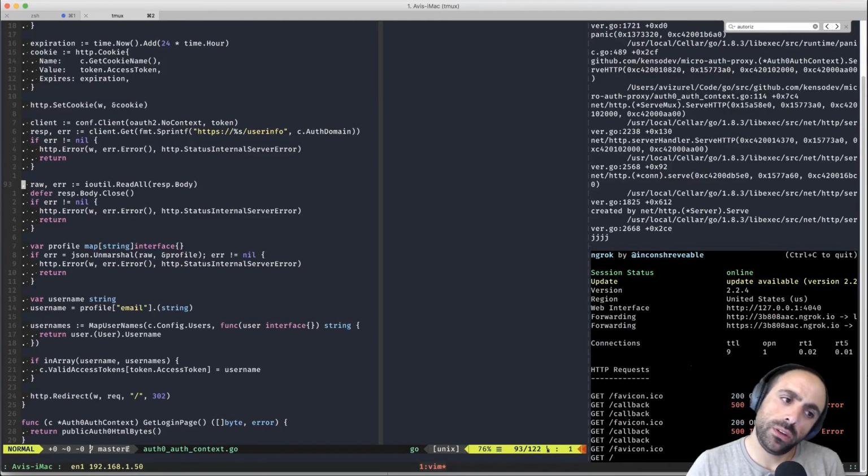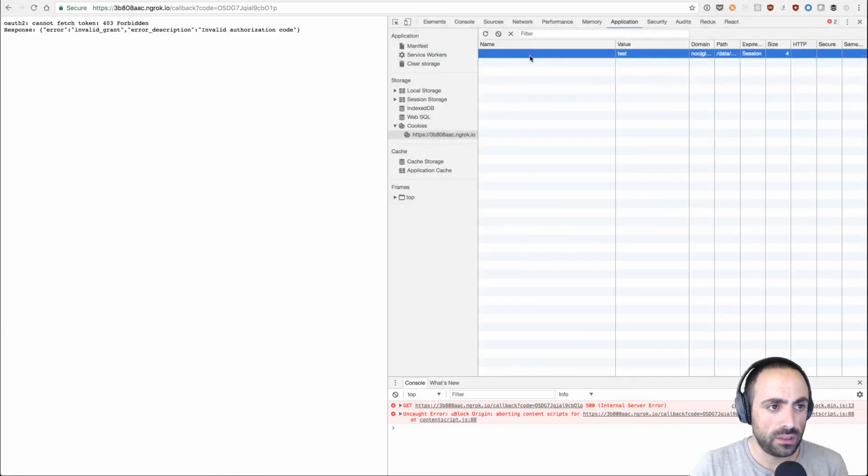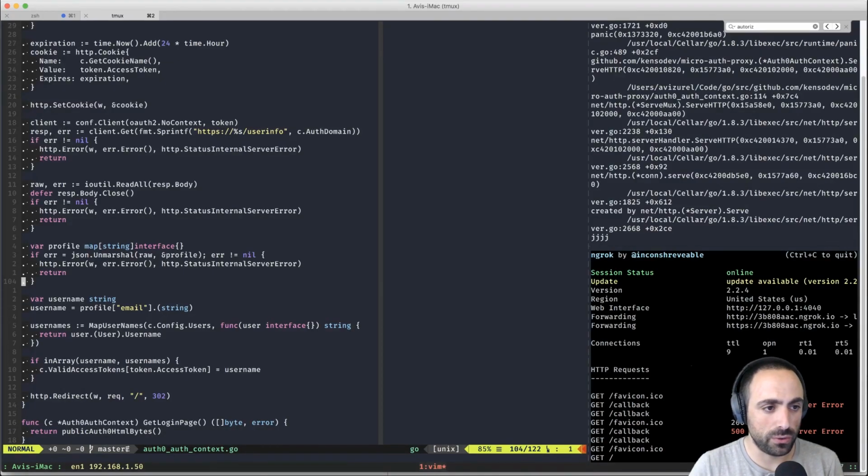So where is this actually happening? So Auth0 response error, invalid grant, error description, invalid authorization code. Internal, and then status internal. All of this is here.